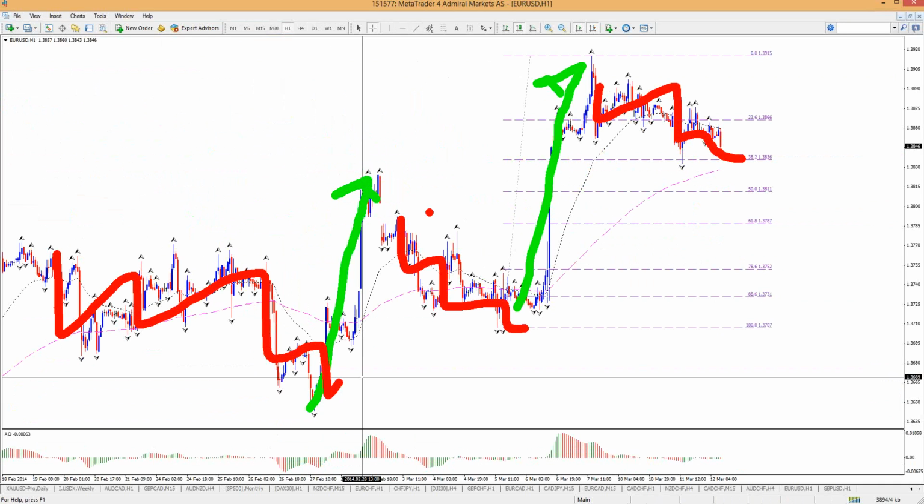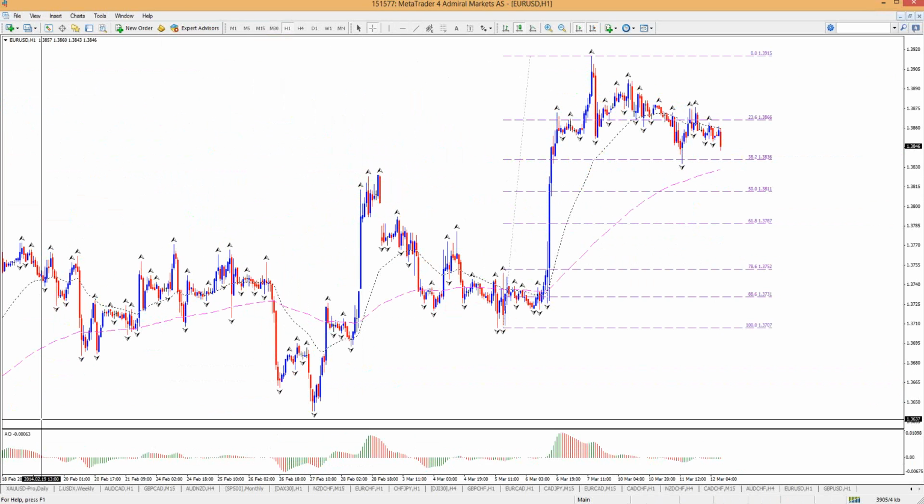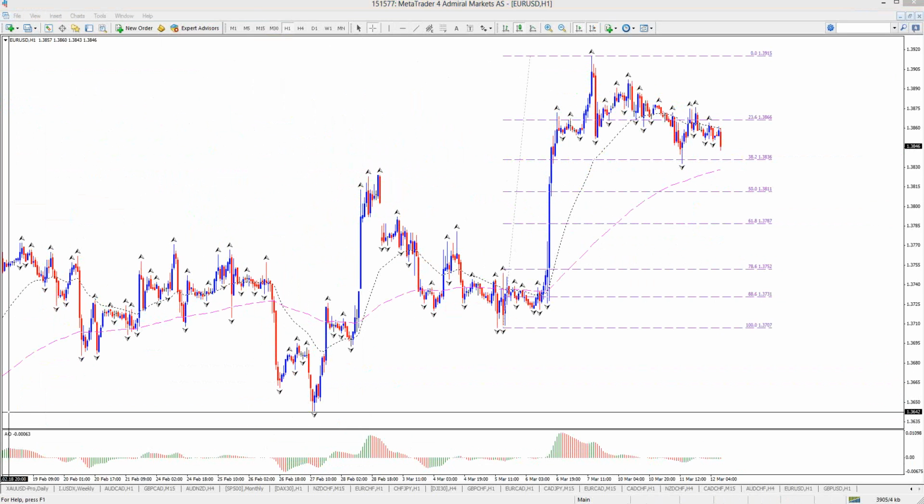So obviously the upsides are fast and move a lot of pips. The downsides are slow, don't move as many pips. So that's something that can be seen on this euro-dollar chart. If you have any doubts about what is impulse, what is correction, then you can look, for instance, at the